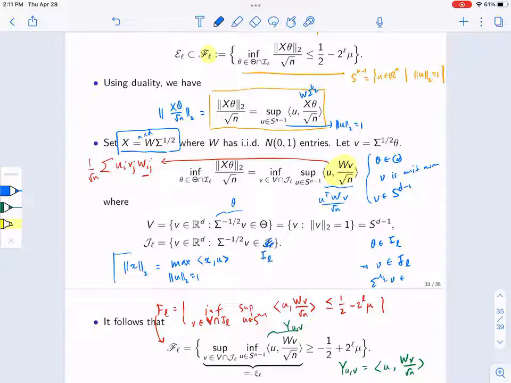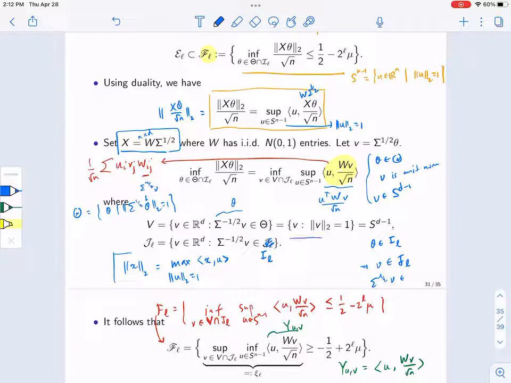That is I sub L. And you can see sigma negative 1/2 theta. So v is in theta. Theta, recall, is the set of all things for which sigma 1/2 theta is 1. So it's the set of all theta such that the L2 norm of sigma 1/2 theta is 1. If I replace it with sigma negative 1/2 v, I'm looking at all the v's for which the L2 norm of sigma 1/2 times sigma negative 1/2 v is 1. So you can see easily that this simplifies to the fact that v has to